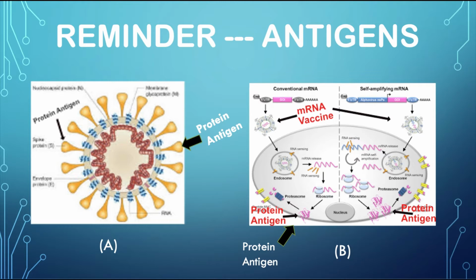Cartoon B on the right represents how the newly developed mRNA vaccines do the same thing. These vaccines also induce the formation of antibodies to the spike protein, thereby neutralizing further infection by the virus. The messenger RNA contains the information necessary to form the spike protein antigens that are responsible for the induction of